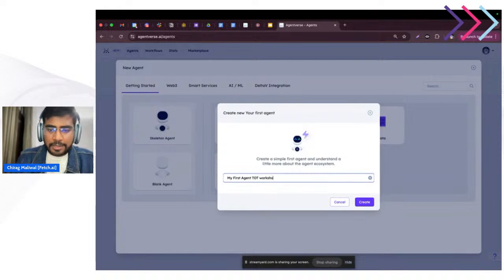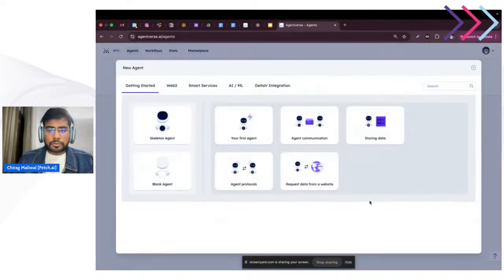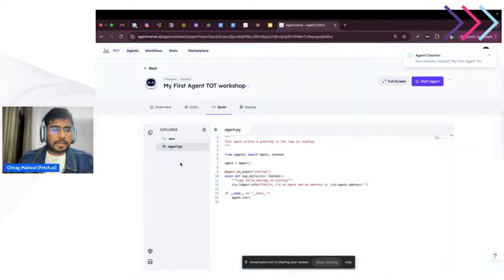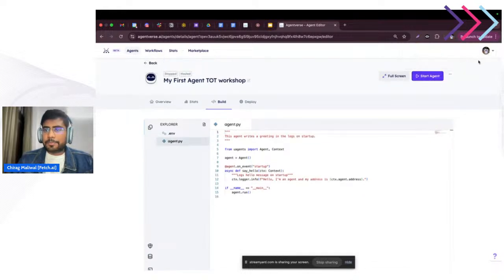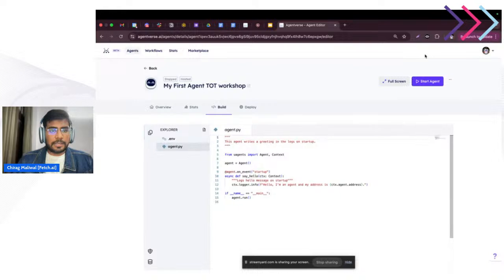You can give any name to your agent. So you can see that I got the ID, the online ID. There are a couple of actions you can do. You can change the agent name. You can copy the agent address. You can copy the wallet address. You can duplicate the agent. You can delete the agent, and if you want, you can go full screen as well.